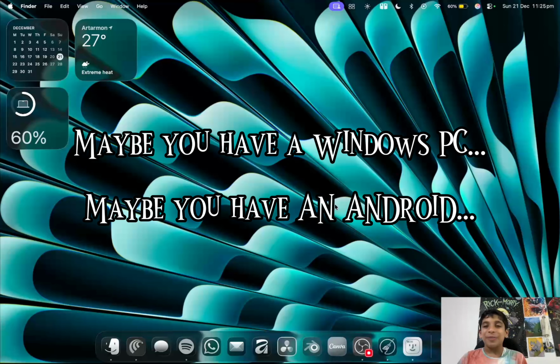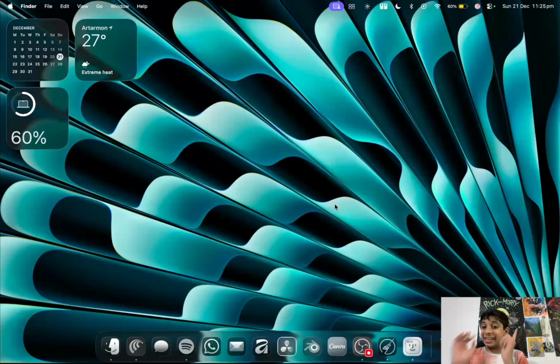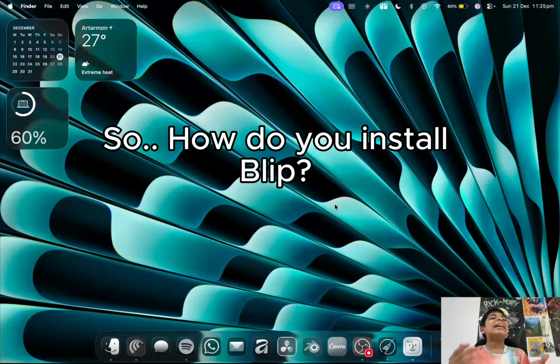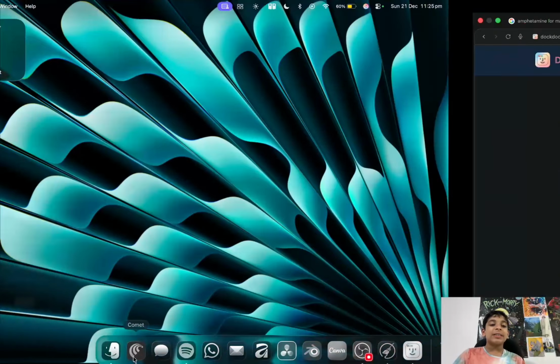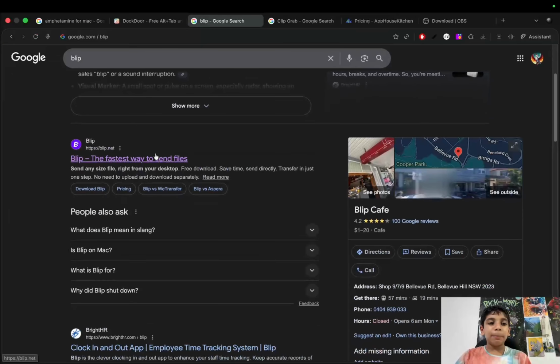How are you supposed to transfer files quickly? I guess you could use WhatsApp, but it's just such a pain. Now, the easiest way to do this is Blip. Blip is one of the best ways to connect all of your devices to send and AirDrop files really quickly. Now, how do I download Blip? Blip is really easy to install. Just go to the developer's website, blip.net,